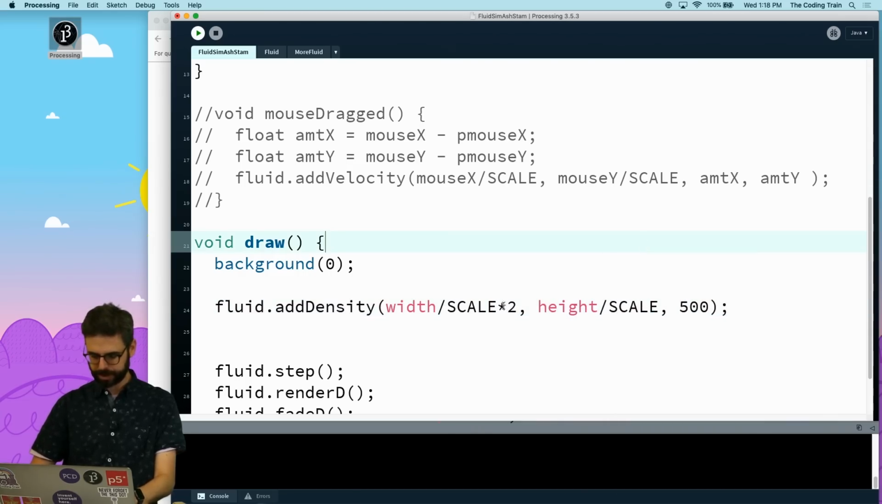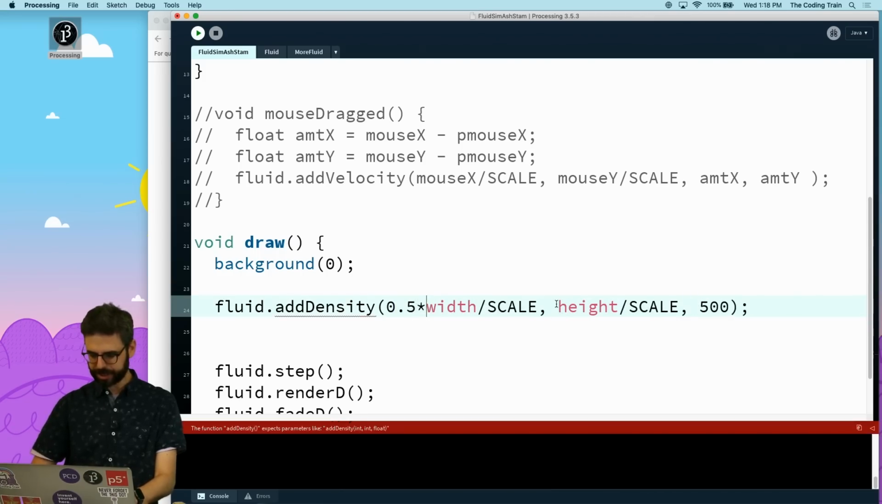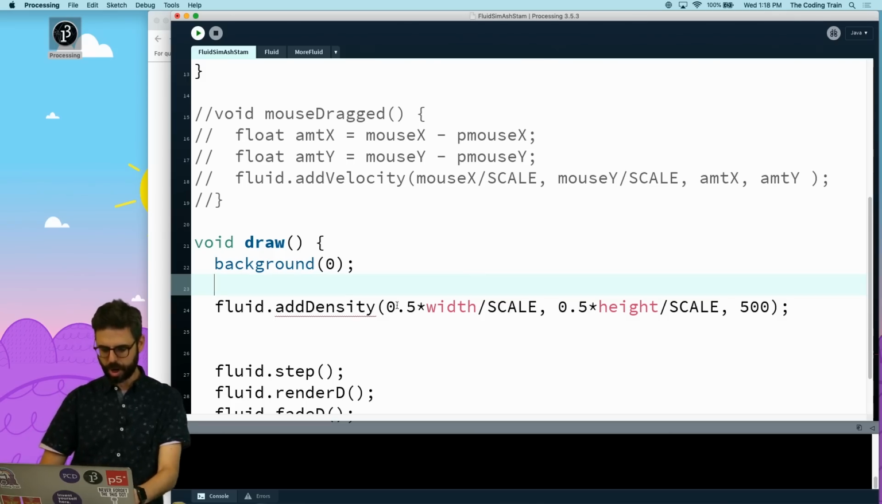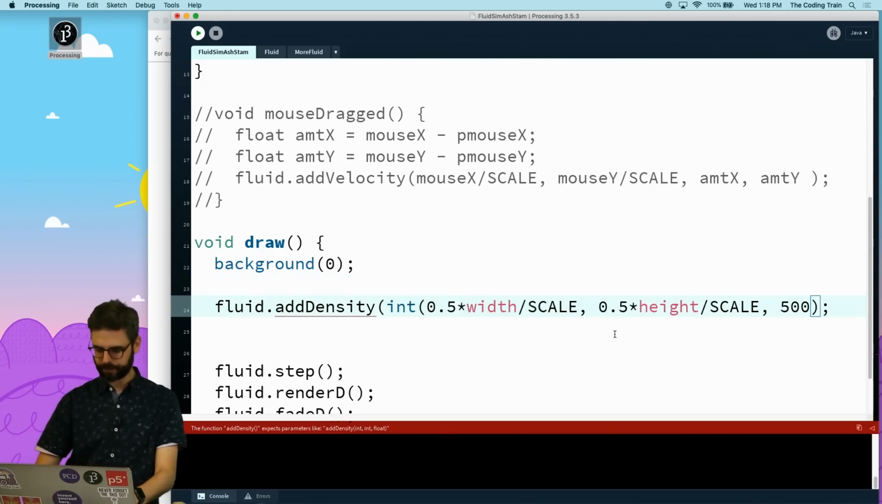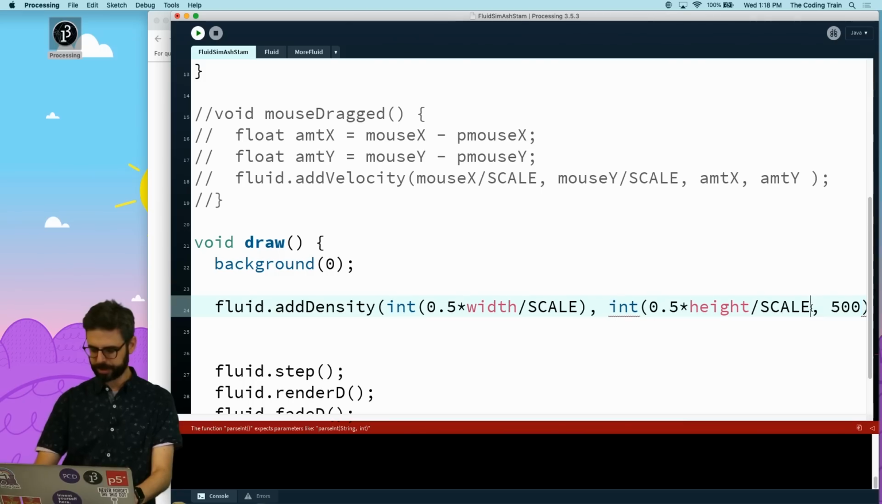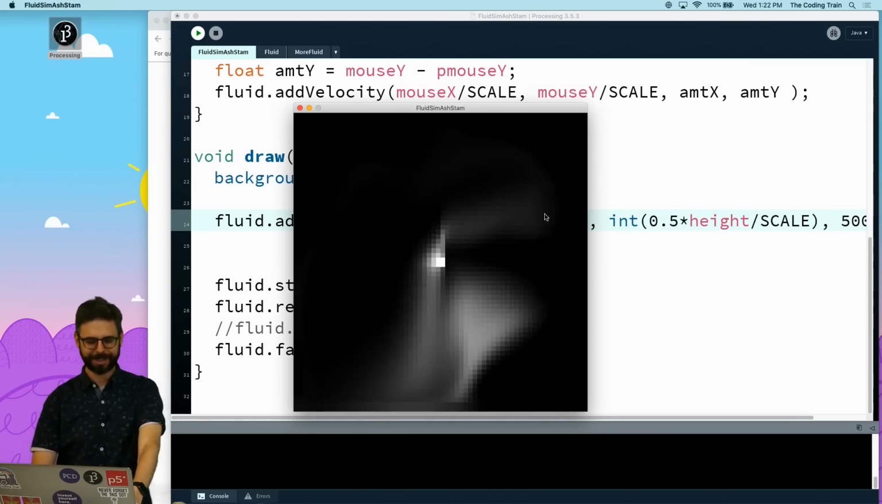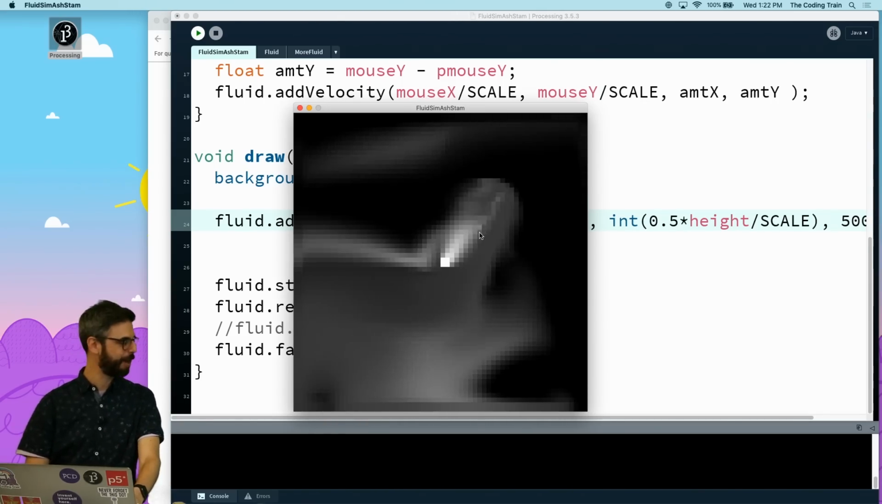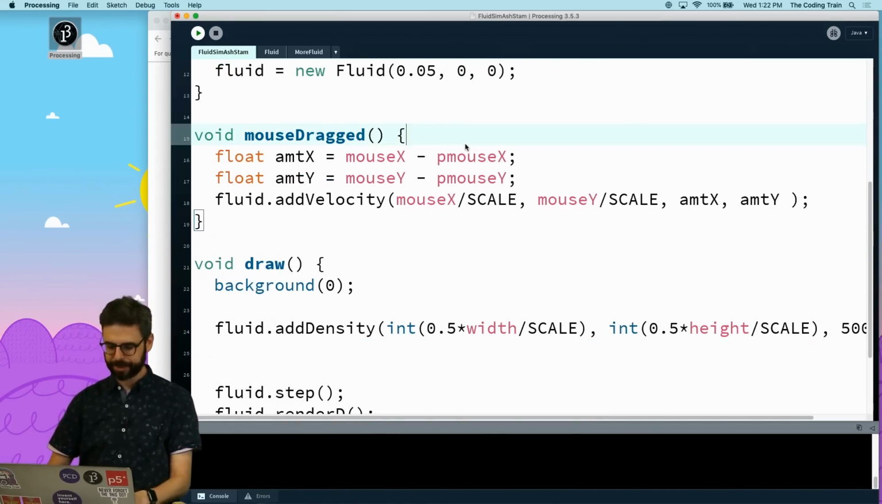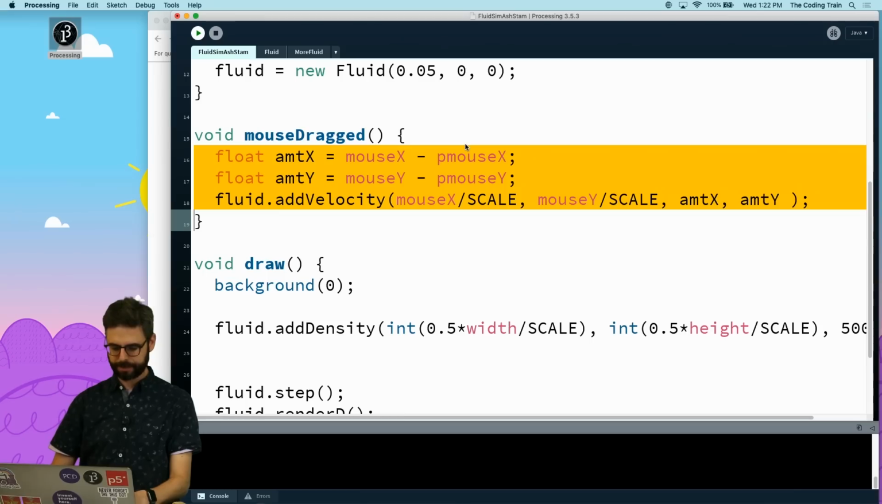This is what I should be doing. So what happens if I just continuously add density all the time in draw, and this has to be converted into an integer. This is kind of silly what I'm doing, but it's fine. All right, so now the dye is just sitting there in the middle, but I can kind of drag around. But what I want to do now is take this,